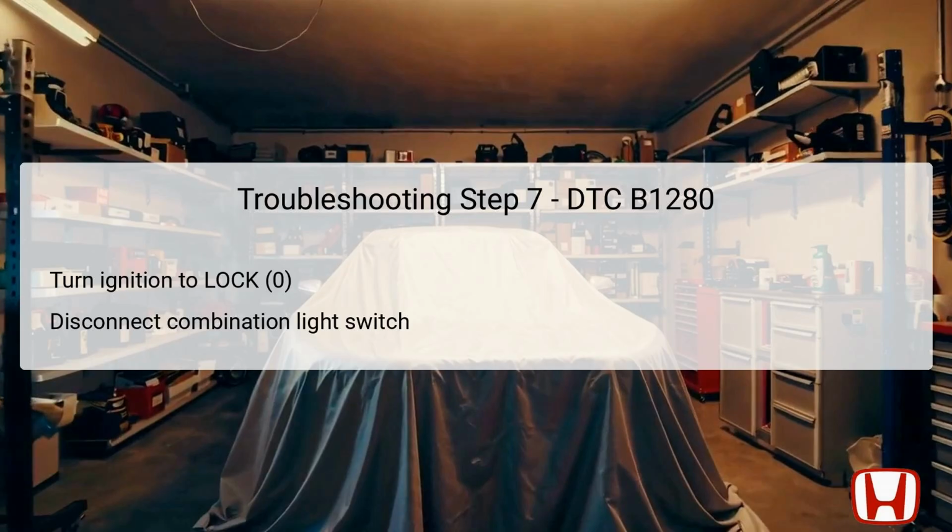Once it's locked, disconnect the combination light switch, specifically the 12P connector, to isolate the switch from the system for accurate testing. This action helps eliminate potential interference from additional components, allowing for the focused assessment of the turn signal switch function. By disconnecting, you can evaluate whether the circuit issue persists or is localized to this specific component, thereby